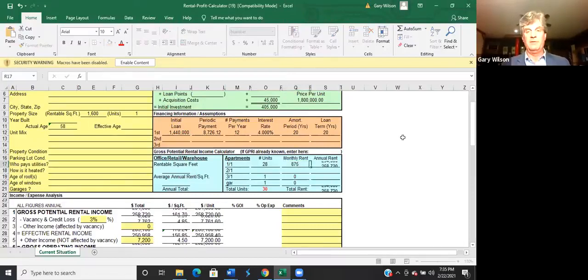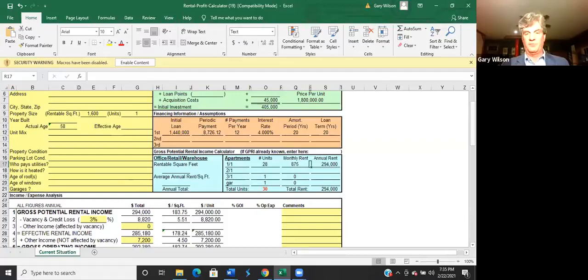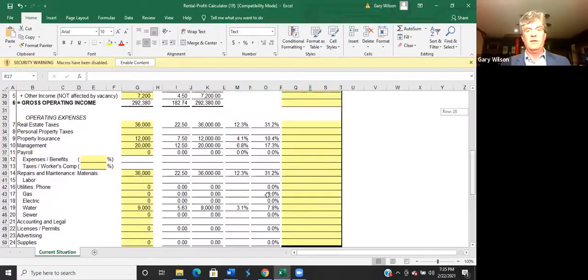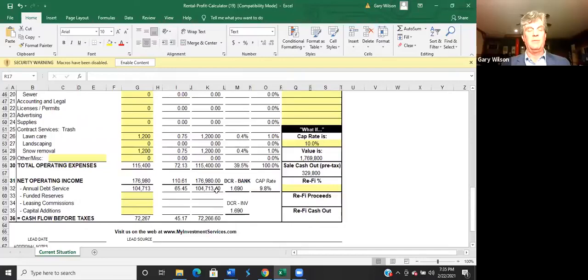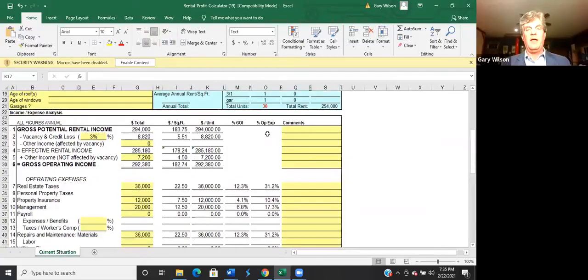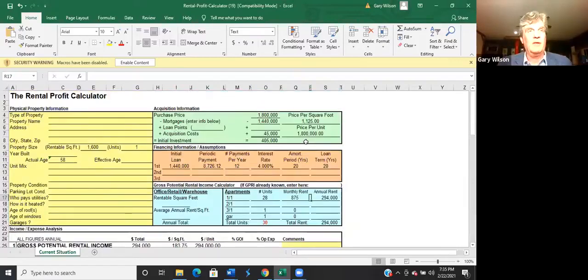Everybody with me so far? Yes. Now we're not done yet. We just want to do an example here. All of a sudden, cap rate went up to just a hair shy of 10%, but look at the cash flow, 72,000. Now here's the kicker. We didn't just put in 360,000 for the down payment. How much money did we have to invest to make the upgrades? So 28 units, maybe we spent,